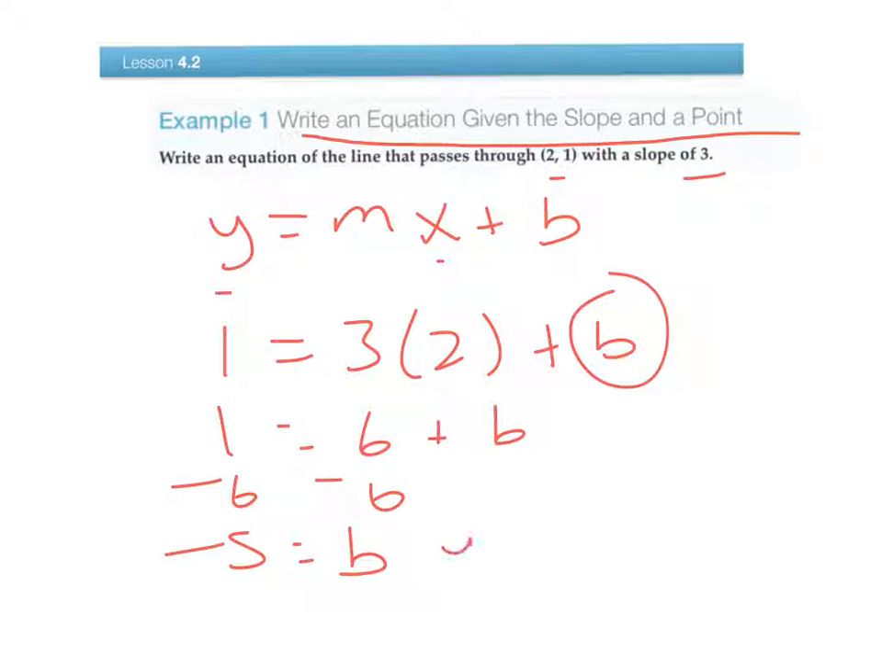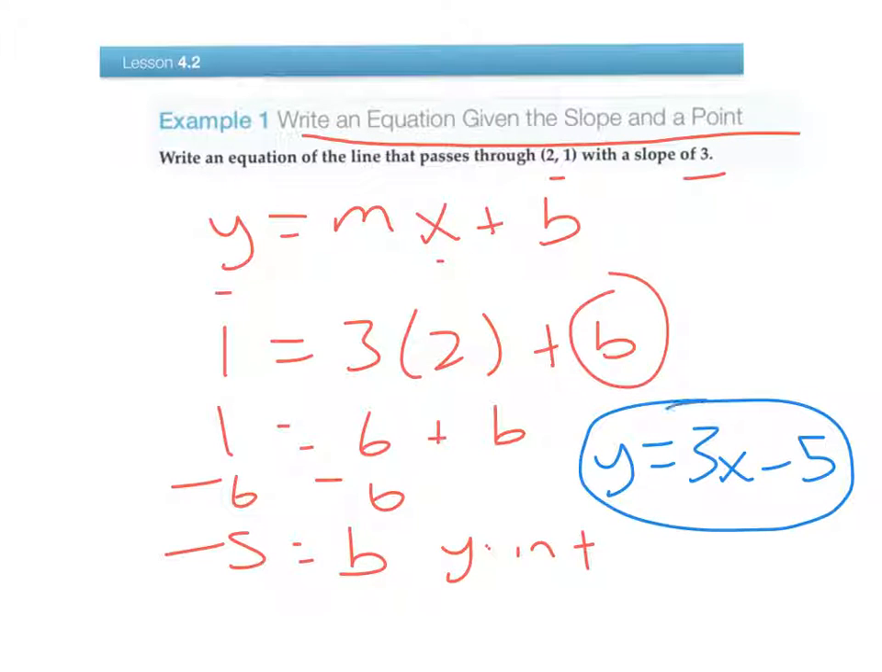which is the y-intercept. Now that I know the y-intercept, I can then write my equation. So I can write my equation with my slope, which is 3x. In this case, it's a minus 5. So there's my equation when given a point. So I have to put the point in right here, solve for the letter b, and then resubstitute back in